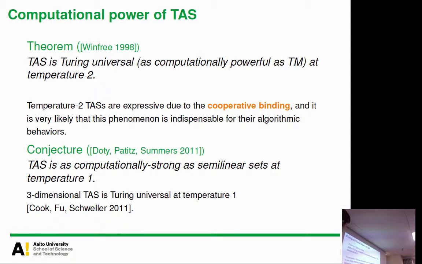That's more surprising. Yeah. Can you clarify what exactly a TAS as a computer is? What is the input, what is the output? Okay, that's a good question. The Turing input can be considered in many different ways. For example, a tile assembly system has different tile types, right? Type A, type B, type C. So imagine that you are given a ribbon of A, B, C, A, B, B, or something. This is kind of an input.